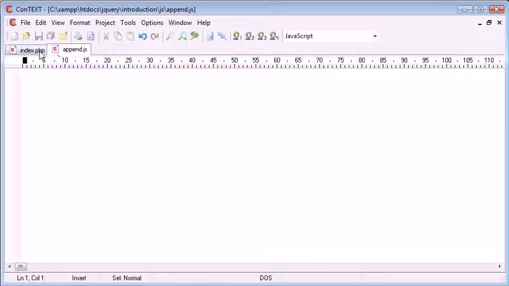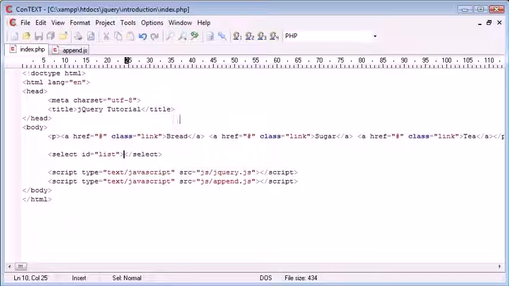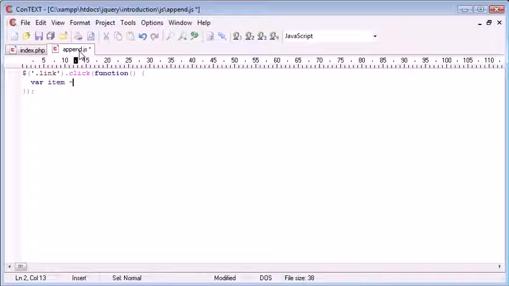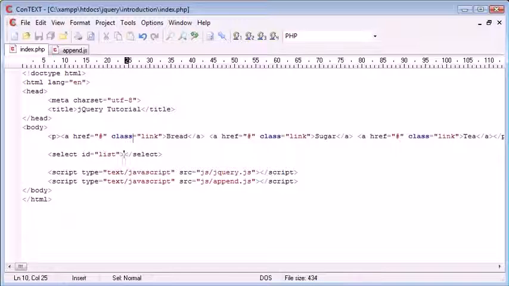We first of all need to create an event handler for each of these links. So we've called this class link. So for each one of these links we can use .link, and when we click on one of these links we want to carry out a function. Let's bring that down a bit. So inside of this function we want to first of all take the value from the link itself. So I'm going to create a variable called item. Now we need to go ahead and reference the